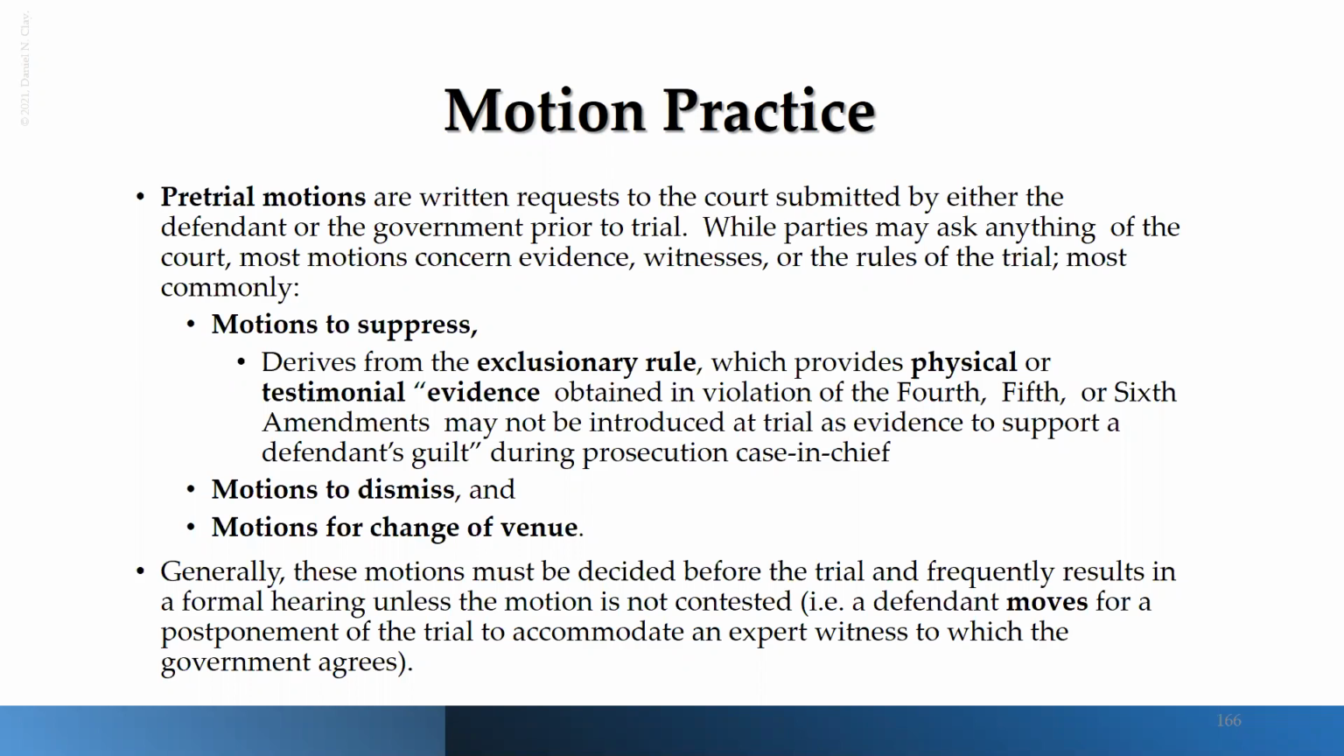Now, I said there was a caveat in this idea that something that's been suppressed cannot be introduced at trial. This is true, except if the defense does what we call opens the door, right? So if the defendant references the cocaine, or if the defendant says, yes, I've never possessed cocaine in my life, or I've never used cocaine, or something along those lines,